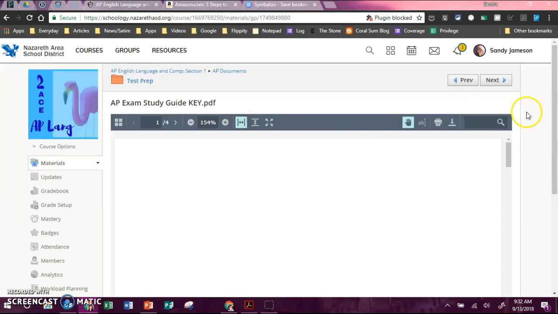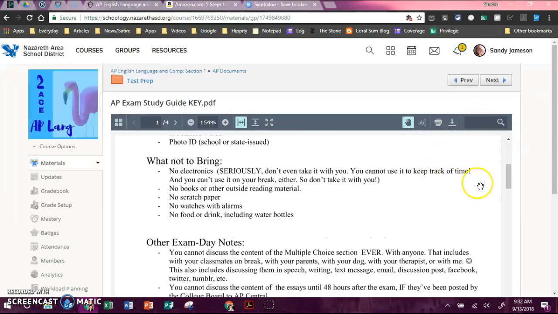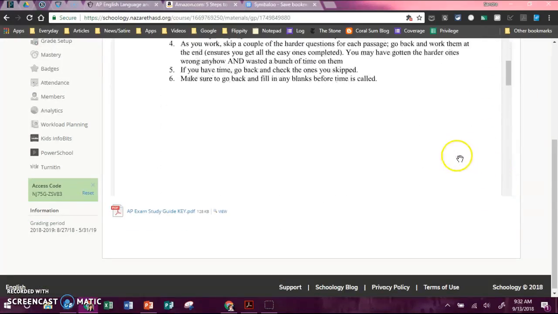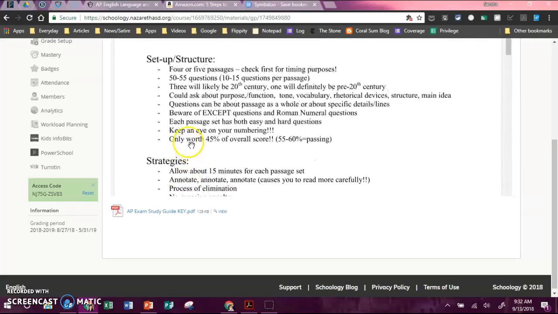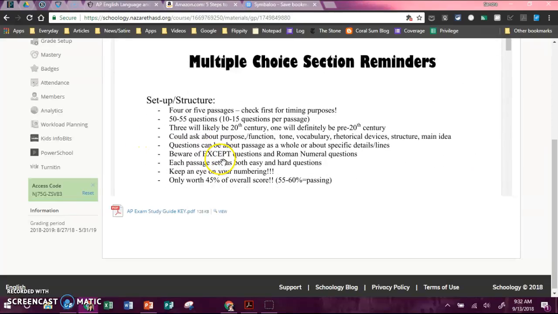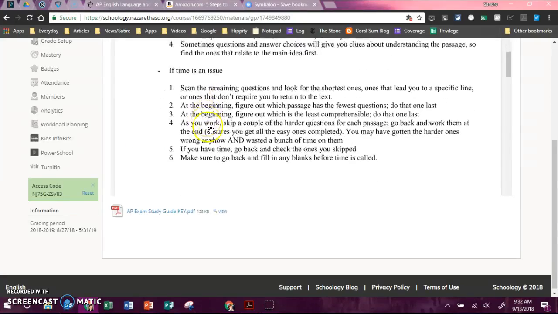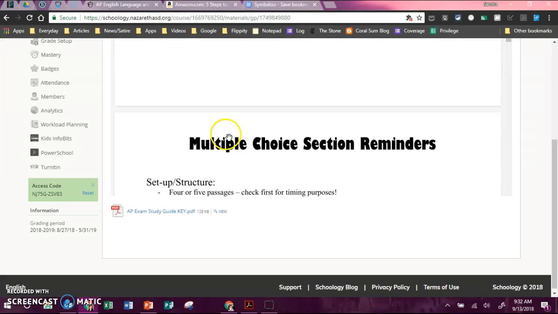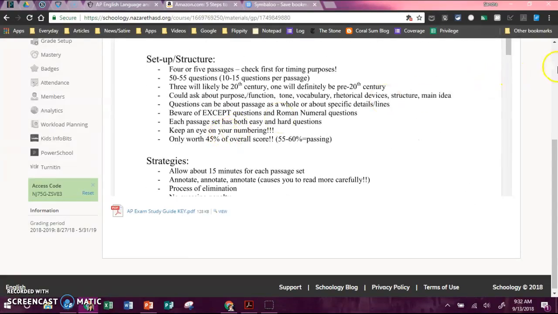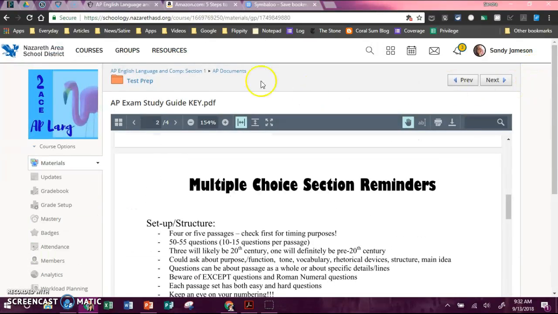I'm going to run out of time here. If you scroll down, I've given you some multiple choice strategies that might help you, particularly with timing. So if that's something you want to work on, you've got the resources, but you've got to keep spending that time practicing to get better and faster at it.